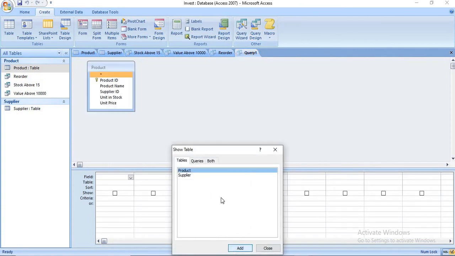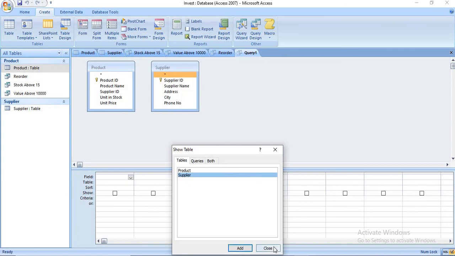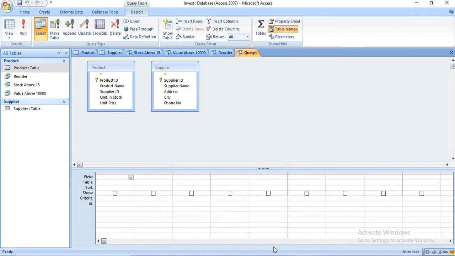Now we have to add both the tables and click on close. Then we need all the details of the product table along with the supplier name. So just add all the fields of the product table.